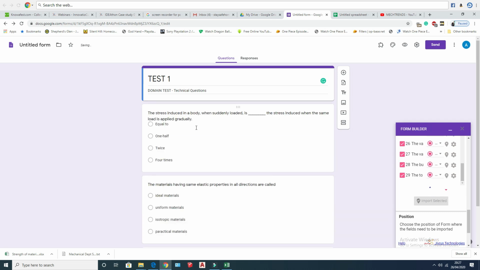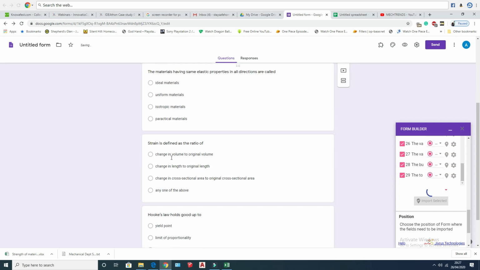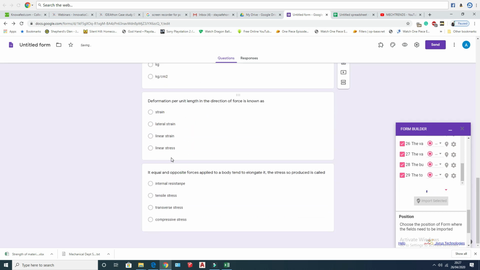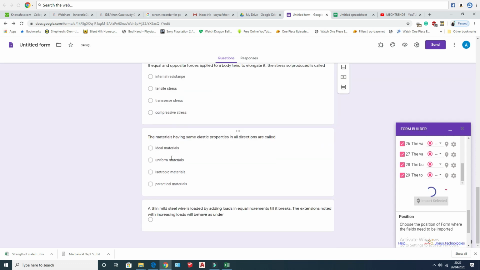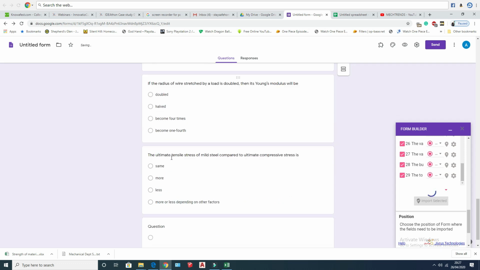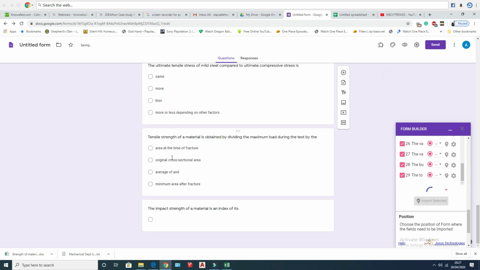Now you can see all the questions which have been selected are displayed in the Google Form. Now you can change or alter whatever you want. This is a simple way to import bulk MCQ questions in Google Form. Thank you.